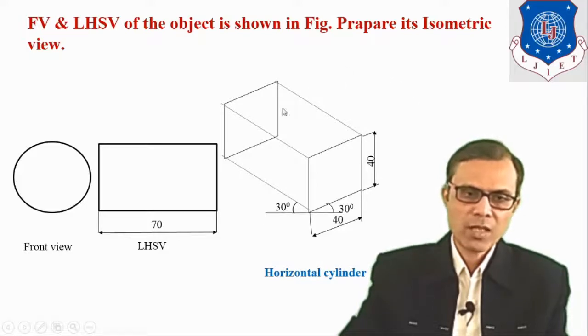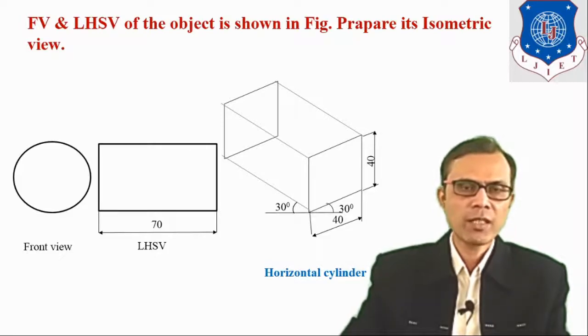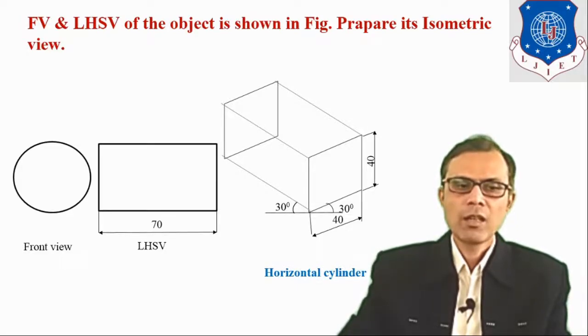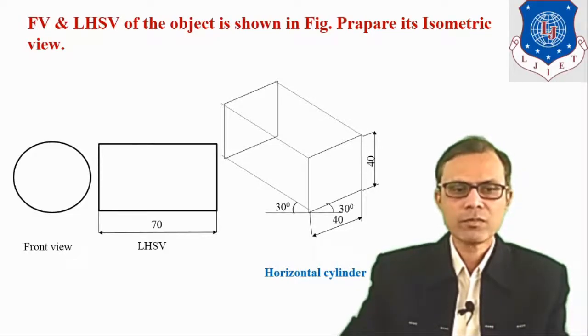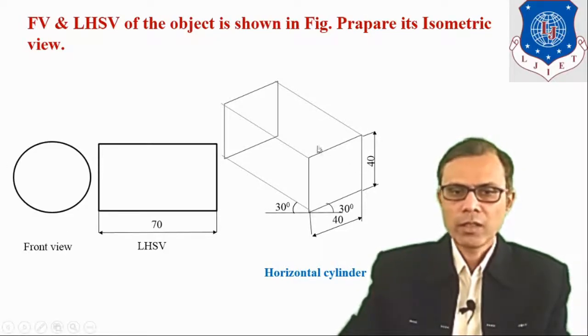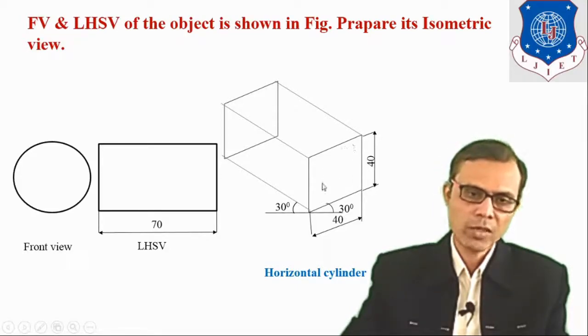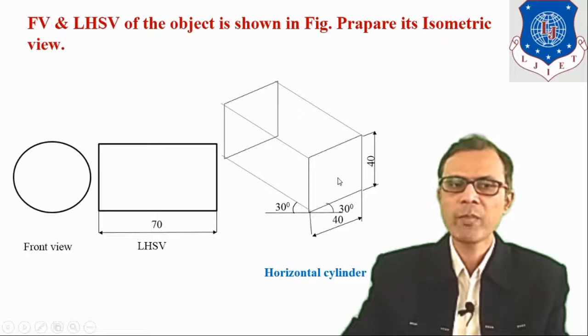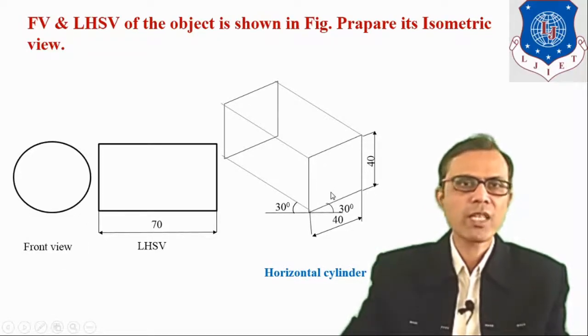So in the first step we have to prepare a three-dimensional block, and for that we should have three dimensions of the object, that is length, width and height. Here in this case length and height is 40 and width is equal to 70 mm. Now it is a plane where we have to draw its front view, so it is a rhombus and it is already prepared. Diameter is 40, so this rhombus size is 40 mm.